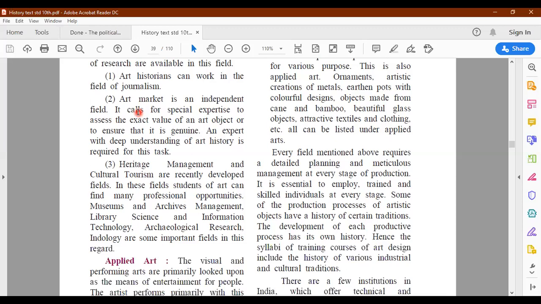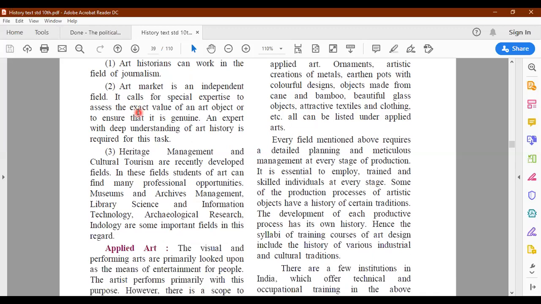Okay, heritage management and cultural tourism are recently developed fields. What is heritage management? UNESCO has declared many of the ancient monuments as heritage sites. So a lot of personnel are required to work with a team which comes from UNESCO to inspect, repair and restore some part of the monument.